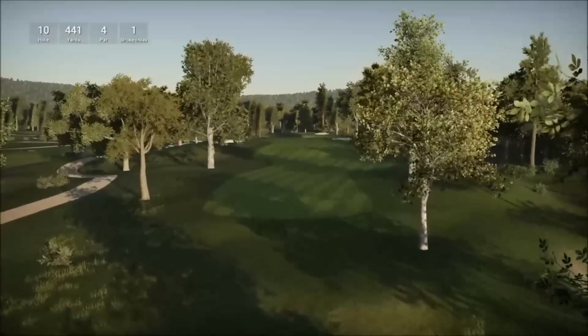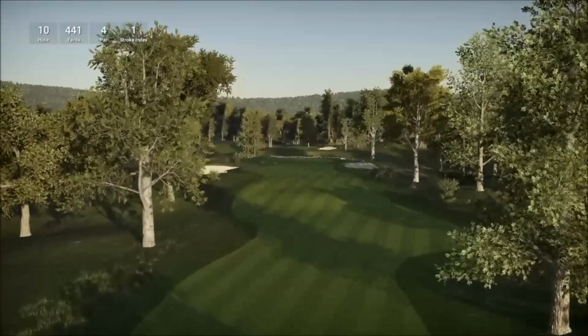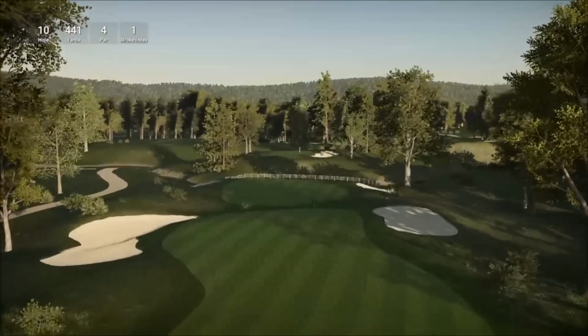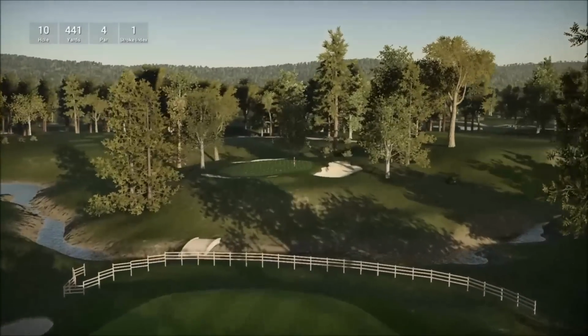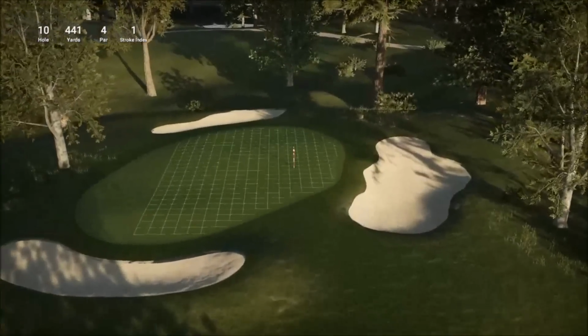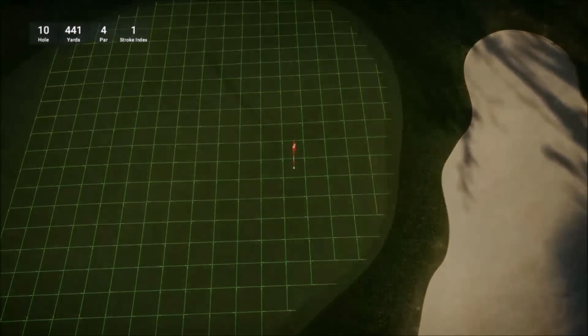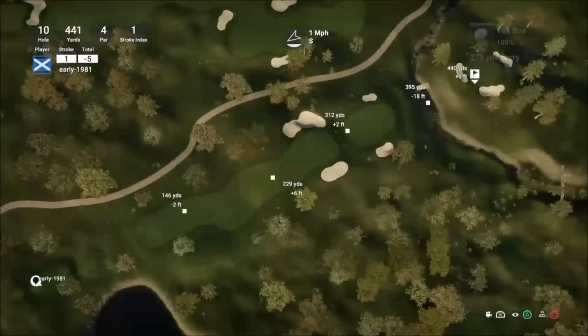Hole number 10 is a par 4, stroke index 1, so it is the toughest hole on the course, playing 441 yards. Once again, we do have a split fairway with rough. The approach shot to the green is over the ravine with 2 bunkers protecting that green, and the flag is on the right hand side. I think we can...